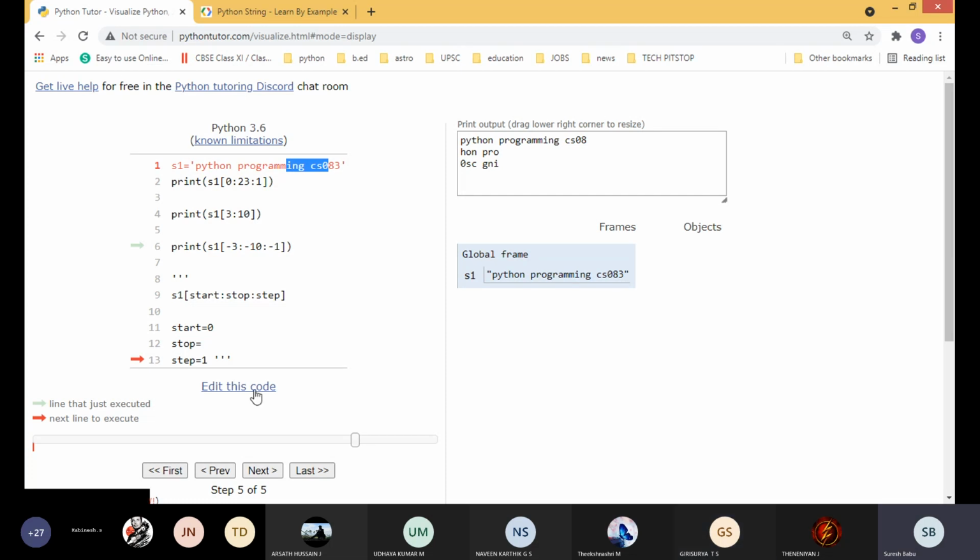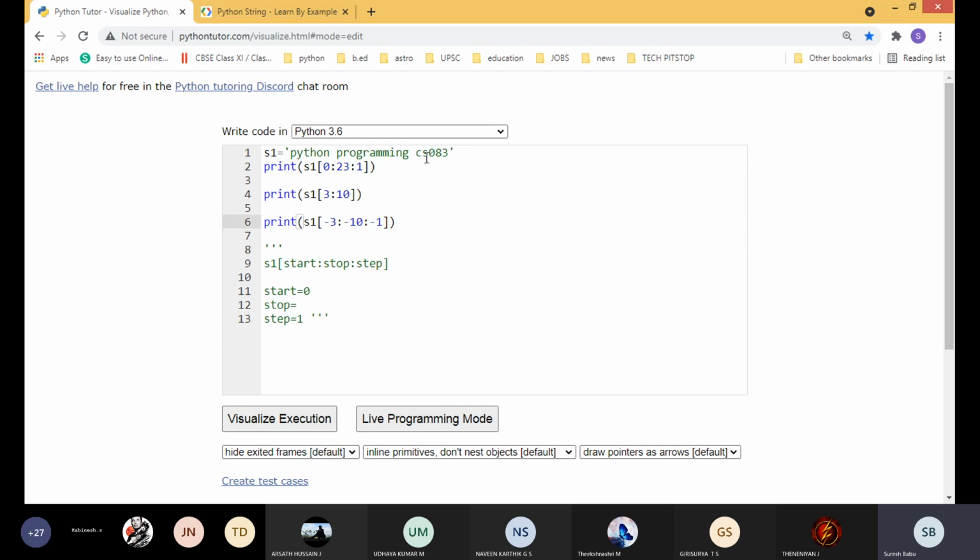Yes. So now anyone think and tell me how to display the entire string in a reversed order. Entire string in a reversed order. Students, so the start value will be 0, sir. -1.